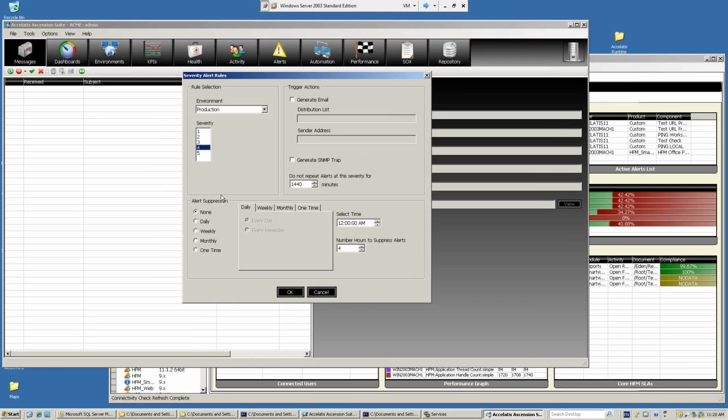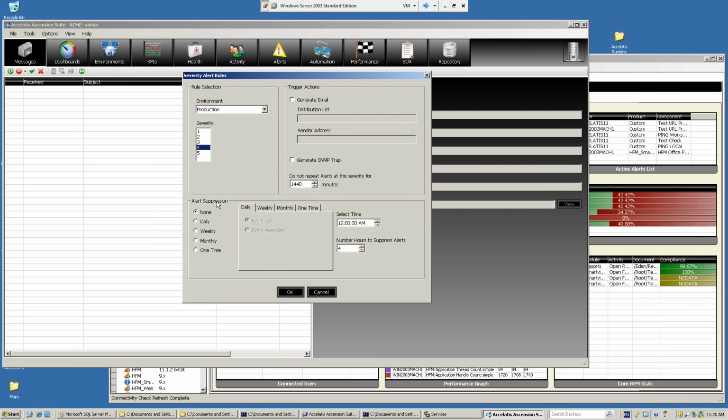Now we also have a global option called alert suppression, and this is relevant if you are doing, let's say, a weekly reboot. The Accelatis agents come up, and while the system is being restarted, there's going to be a period of time when things are not running, whether it's Windows services or things that could take a long time to come up. And if the agents come up quickly, they're off and running and saying